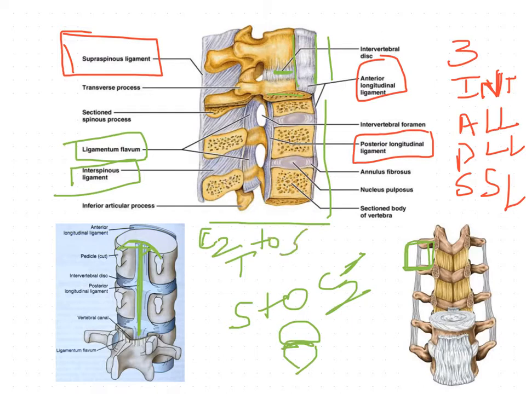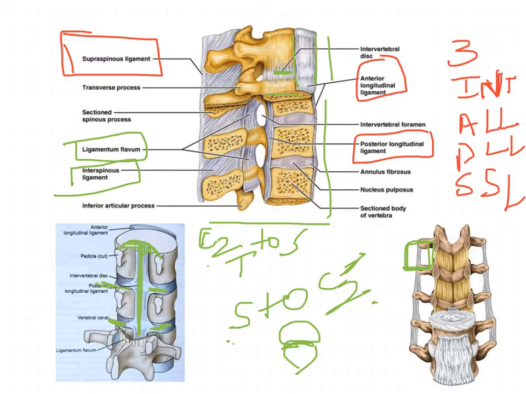Whereas anterior longitudinal ligament fibers run from sacrum to C2, the posterior longitudinal ligament fibers run from C2 to sacrum. This also consists of short fibers as well as long fibers. The short fibers attach the ligament to the posterior aspect of the intervertebral disc. Here you can find some of the fibers attaching to the intervertebral disc.